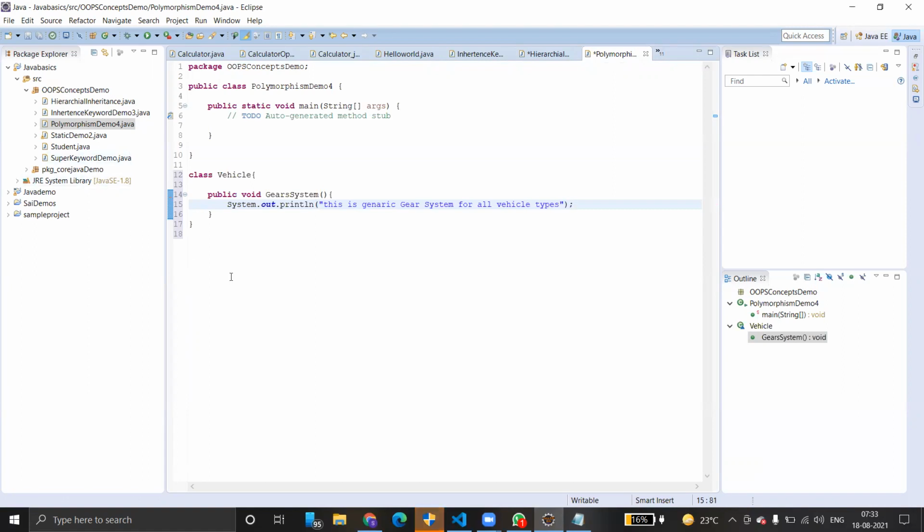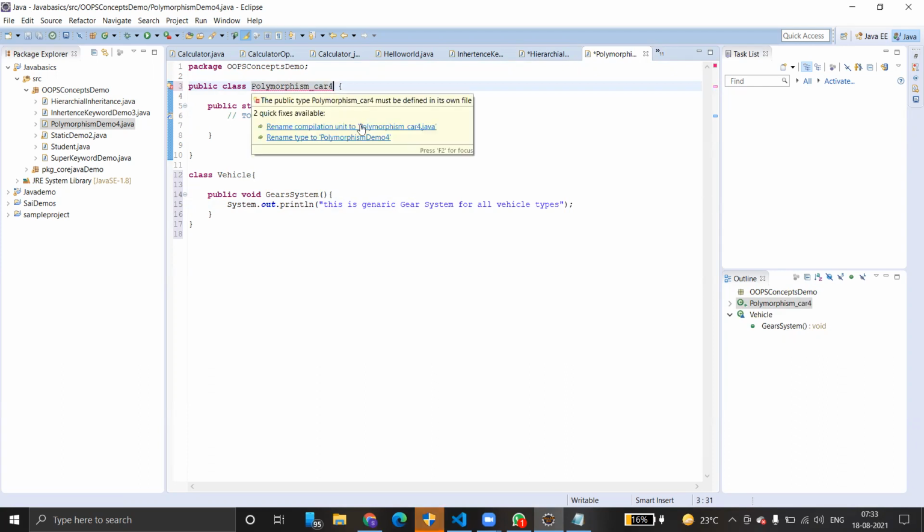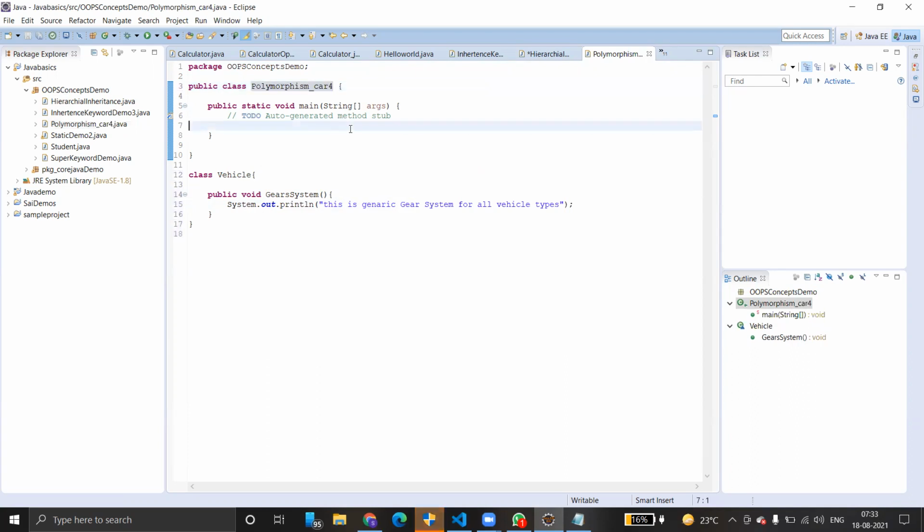Okay, clear. There is another class called Car. I'm just giving some very ad hoc name actually, polymorphism. Car.